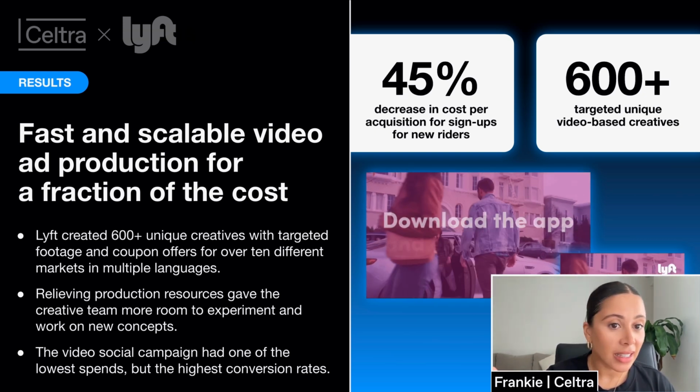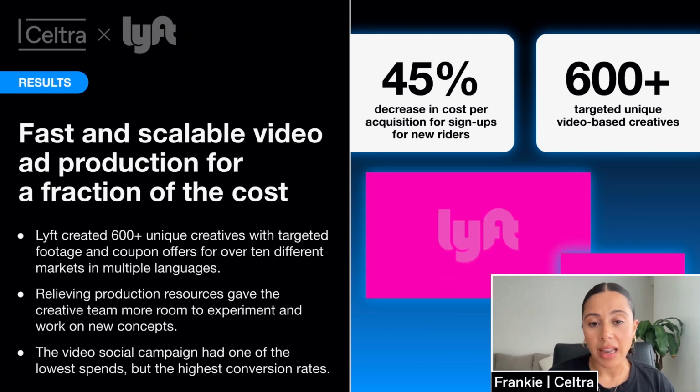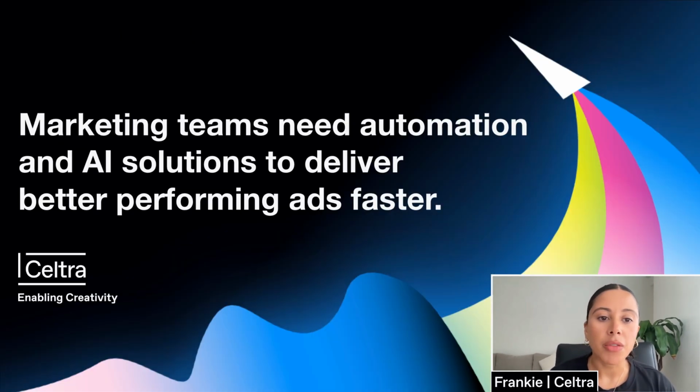So that's the Lyft scenario and the use cases. We are at the end of these use cases, but we do have plenty of time for questions. Before I hand over to the audience for Q&A, I just want to leave you with a little thought